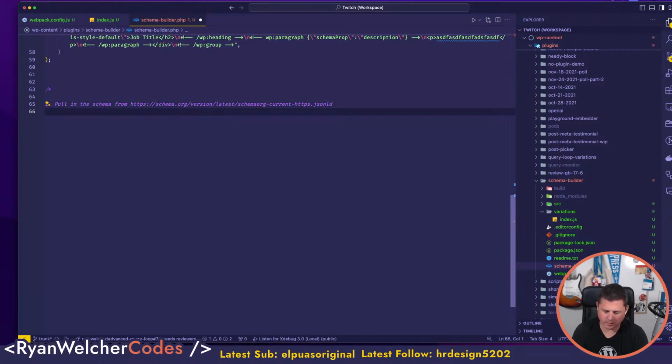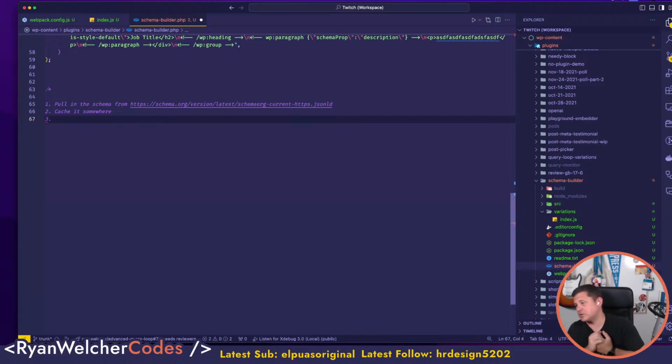Then you need to cache that somewhere. Once that's cached, what you want to do is